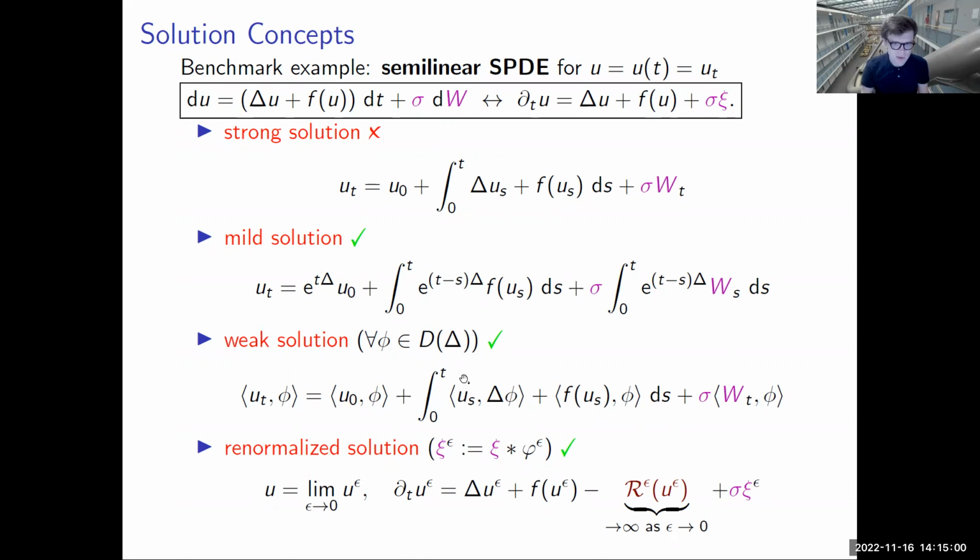And then for all test functions in the domain of your operator, you can actually specify that that's a solution. And there's also a recent concept that won Martin Hairer the Fields Medal in 2014, which are renormalized solutions, where you massage the equation a little bit and renormalize it with some terms. I will not use these today, but I will mostly focus on mild solutions and weak solutions, which are concepts that you're very well aware of from classical PDE theory. And basically, you can lift those to SPDE theory. So that's the solution concept I will use.